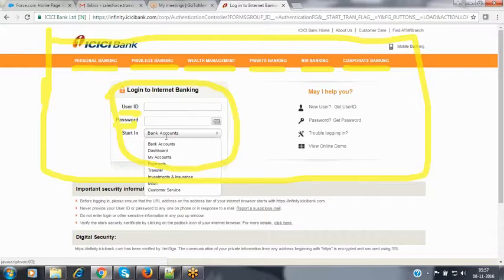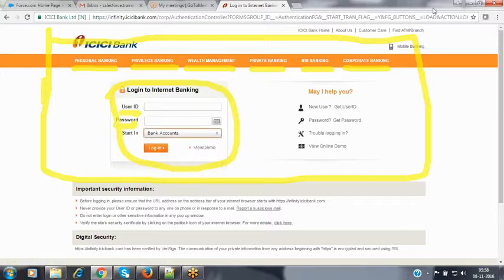Now, whenever I'm logging in as a personal savings customer, it is providing a different graphical user interface. In this graphical user interface, different options are available, a different look and feel is available, and different text boxes, nothing but the fields, are available. And in this pick list field, we have some different options available. A set of options are populated.